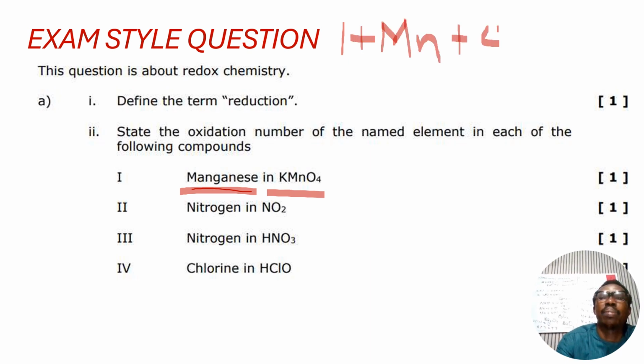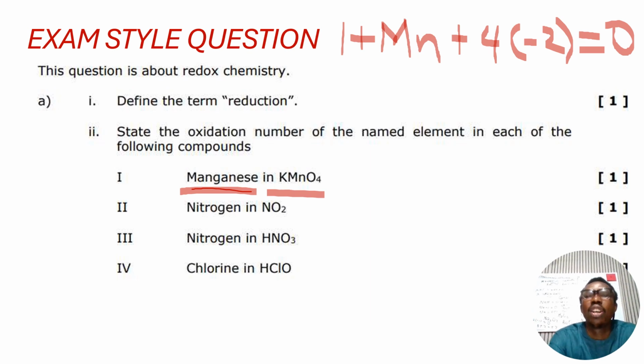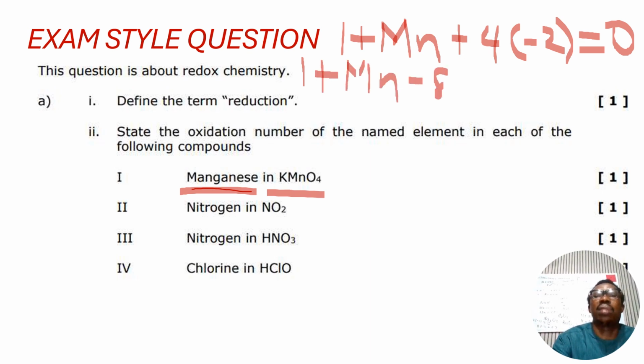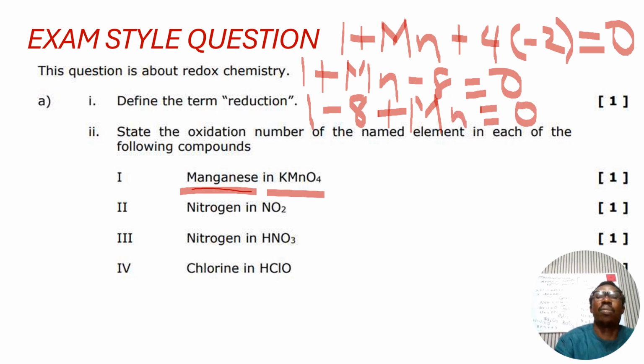plus 4 times (minus 2), which is the oxidation number of oxygen, will be equal to 0, because it's a compound without a net charge. All compounds without a net charge have an oxidation number sum of 0. So it will now be 1 plus manganese, 4 times minus 2 is minus 8, equals 0. So 1 minus 8 plus manganese equals 0. So minus 7